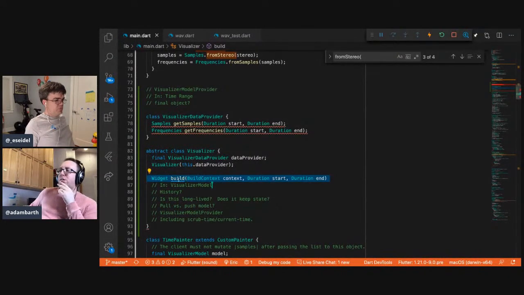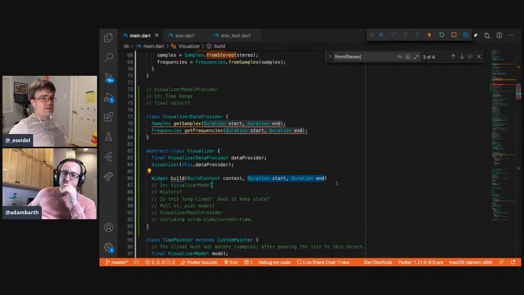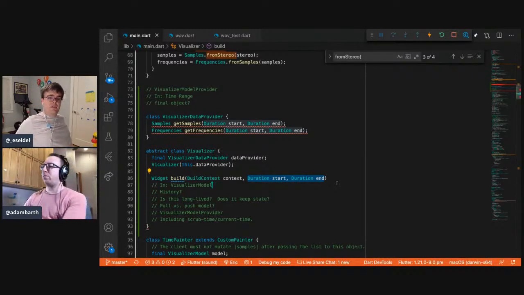Why does this build a widget, and maybe it is a widget? But anyways, let's keep going and understanding our ins and outs here. This is the visible range or whatever. But does that even make sense? I think you need just a current time. Okay, so this is the current time.